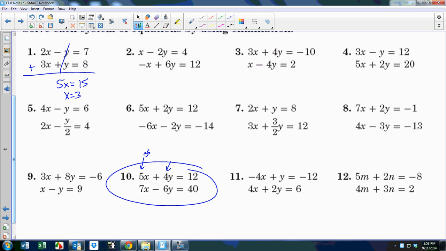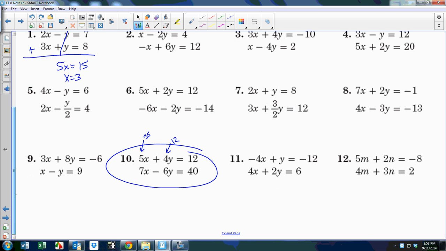But when I'm looking at the 4 and the 6, I see something a little better. 4 can become 12, and 6 can become 12 if I multiply. So the step 1 in number 10 would be multiply the top equation, I'm going to go with 12, times 3 to make 3 times 5x, 15x, 3 times 4, 12y, and 3 times 12, 36. Forcing me to multiply the bottom equation